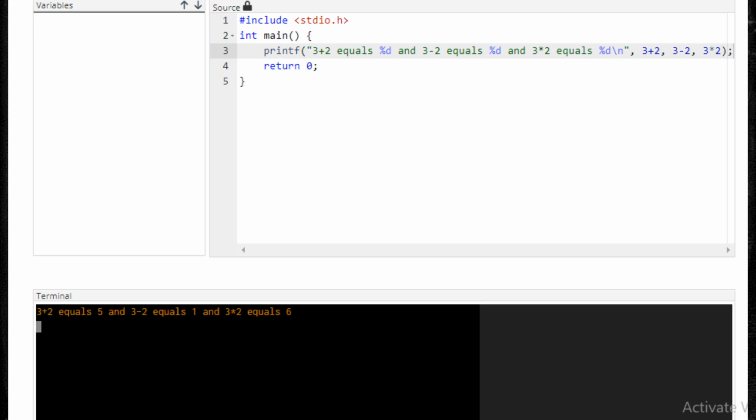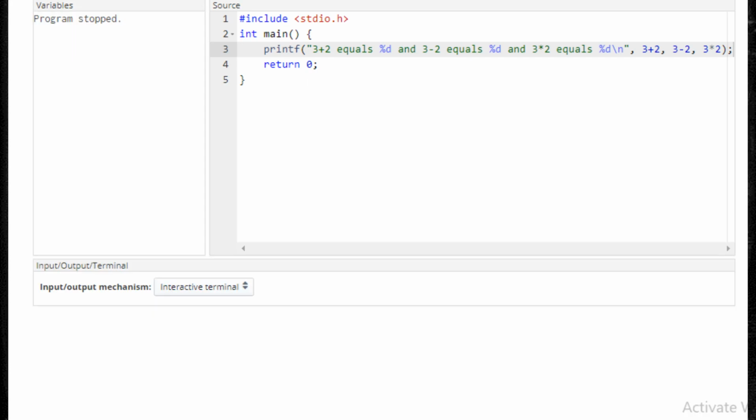Let's compile and run the program. 3 plus 2 equals 5, and 3 minus 2 equals 1, and 3 times 2 equals 6. Great. Let's try another example here with 3 plus 2 times 3 equals %d, and then I will use the